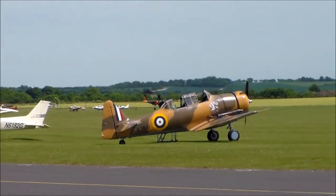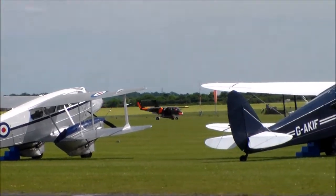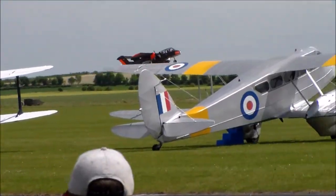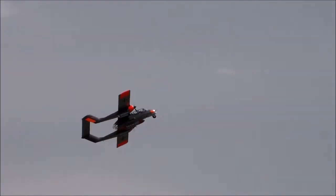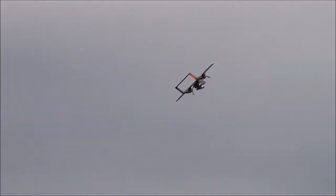OV-10B Bronco. It'll be getting into the air in pretty short order, because that was one of the essential attributes of this aeroplane in operational service. In the early 1960s, there was increasing interest on the part of the US military in a tough, easy to maintain and easy to operate close support aircraft, able to support